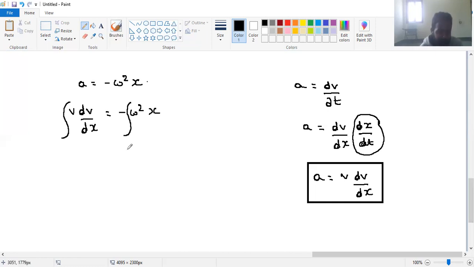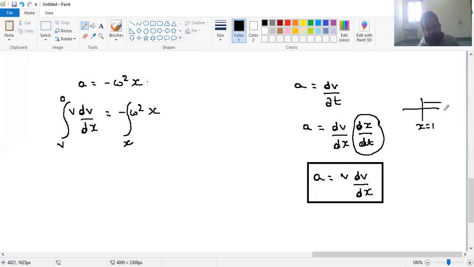When I am at mean position, my velocity is maximum, let's call it v, and when I am at the positive extreme, velocity is 0. Let's call the mean position as x. The most important point is that it is not necessary that mean position should always be 0. Mean position can be something else. For example, if I take x is equal to 1 as my mean position,